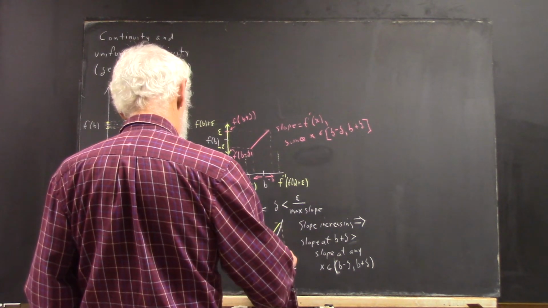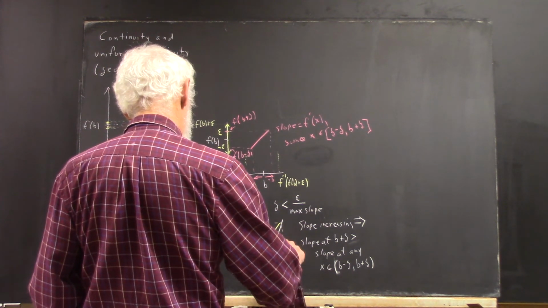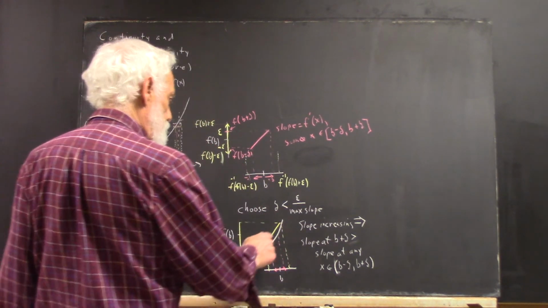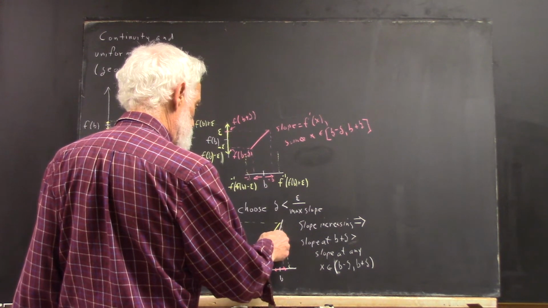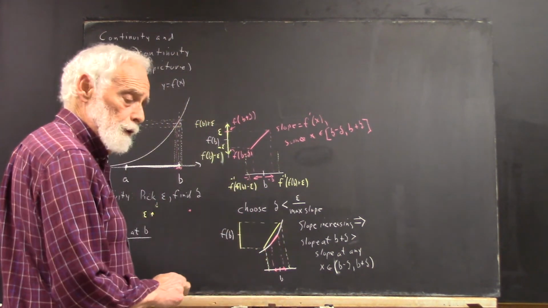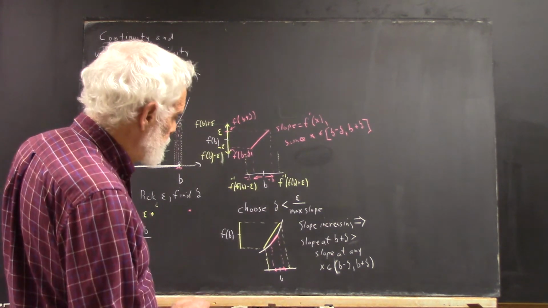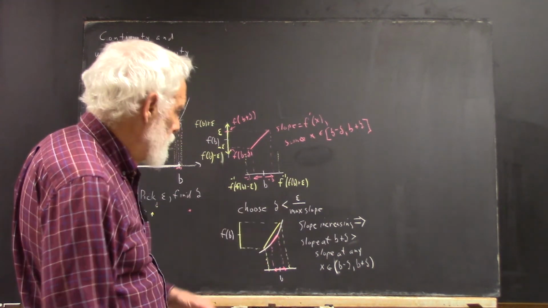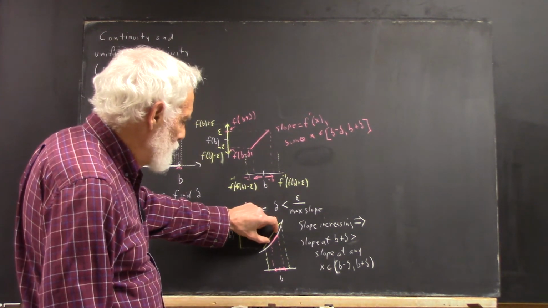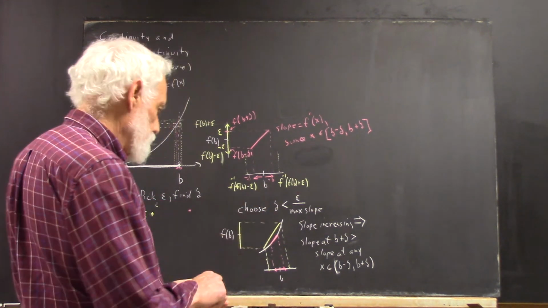Then I've got this interval here, and I've got a slope on this interval. And this slope is going to be less than this slope. Okay, so if this slope is less than this slope,